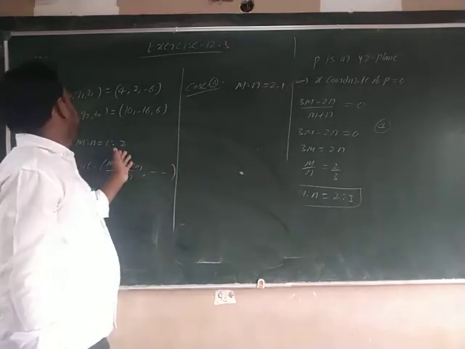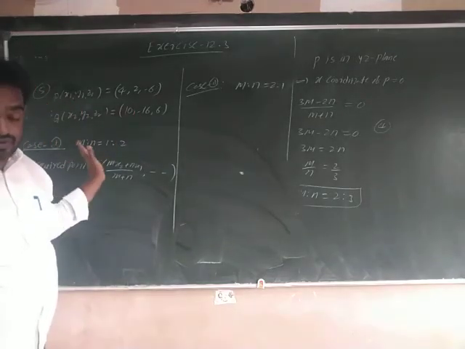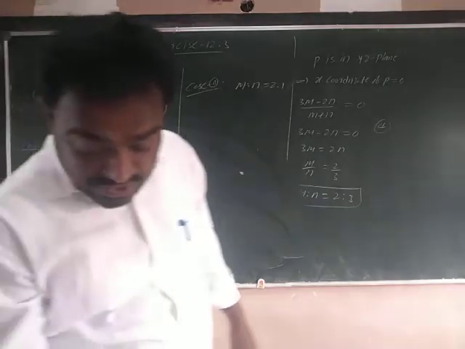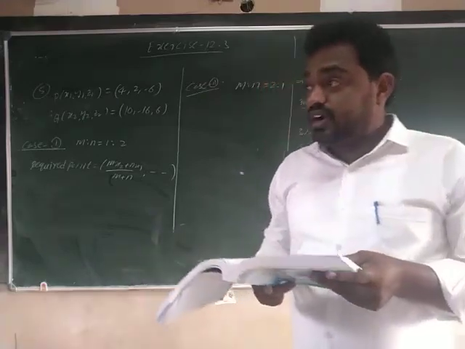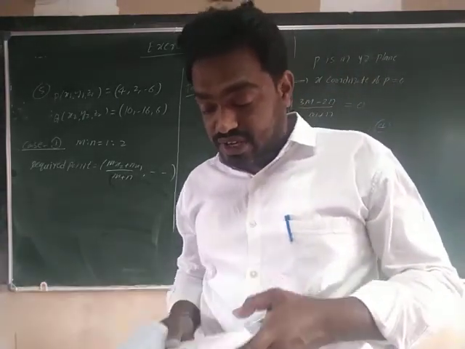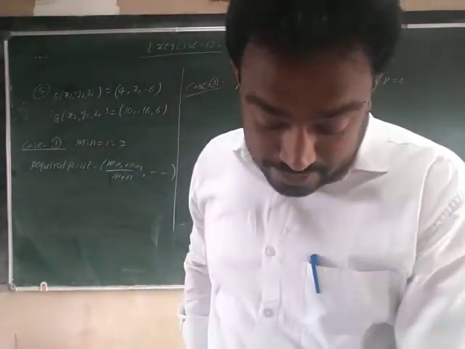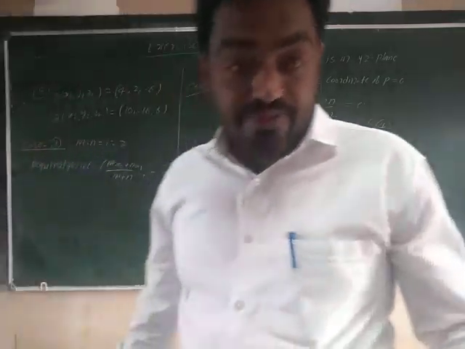This is the method to solve them. The fourth and fifth questions are homework; you try those two questions. Next, examples up to 10 we have, but we have one example, example 9. We are solving example number 9 now. If we solve this example, this exercise and this chapter are finished.